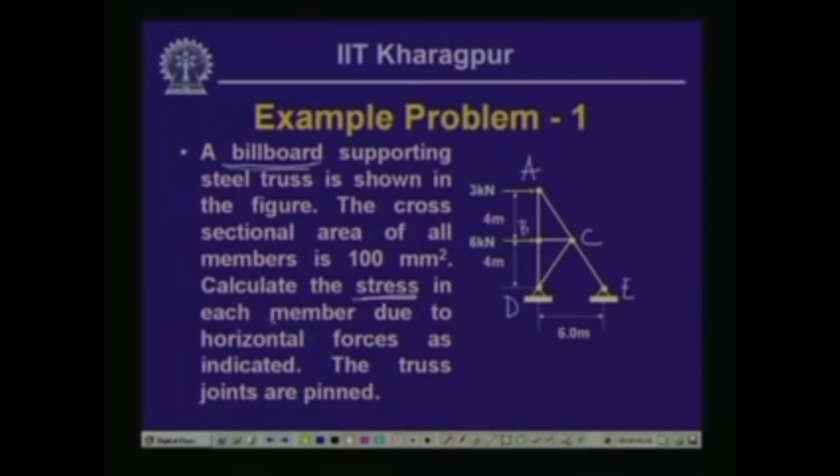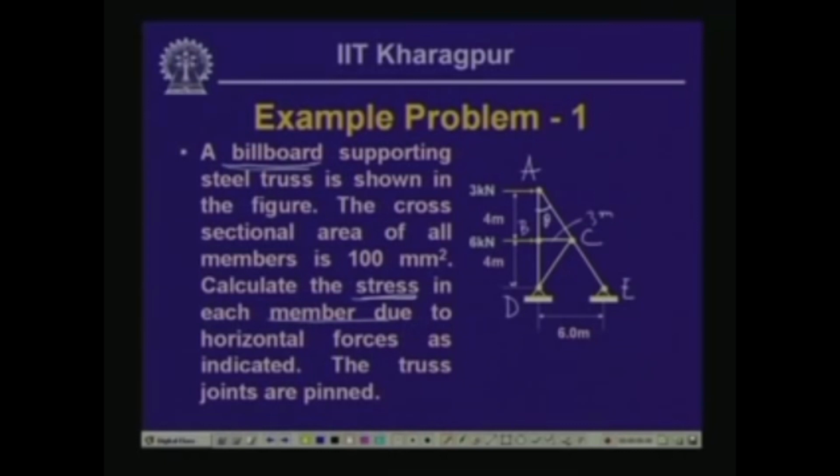Now, from this triangular configuration, this distance is 6 meter, this is given as 4 meter, and this is given as 4 meter. So, distance BC is equal to 4 divided by 8, which is half. So, this is 3 meters. If we call this angle theta,